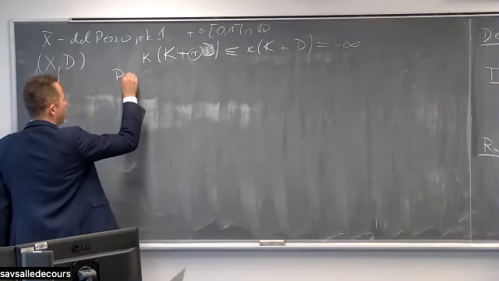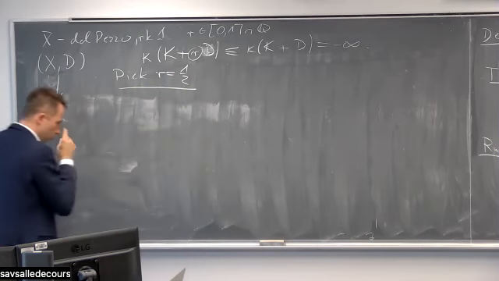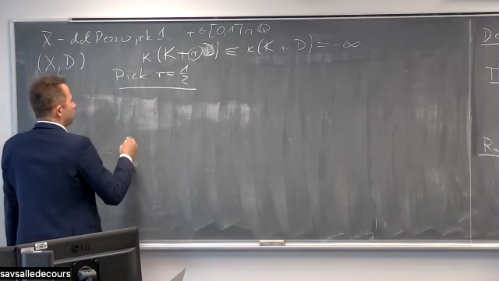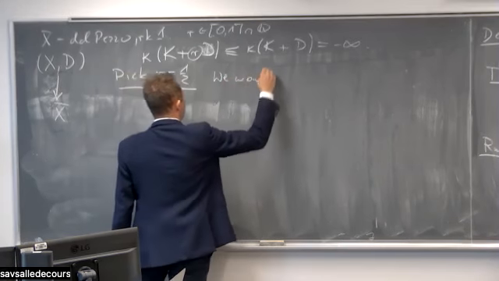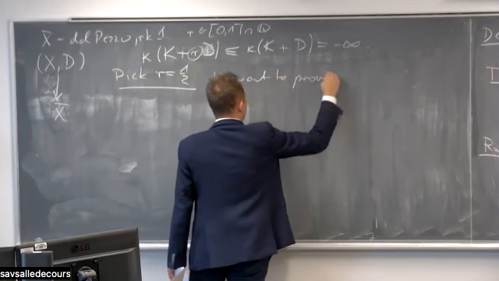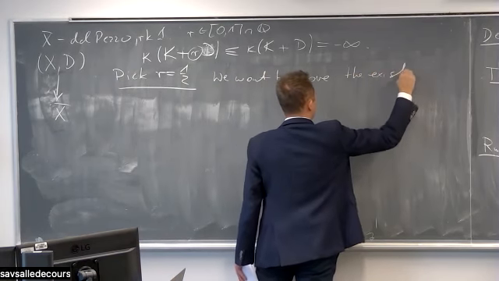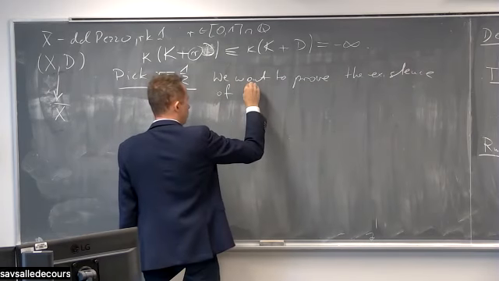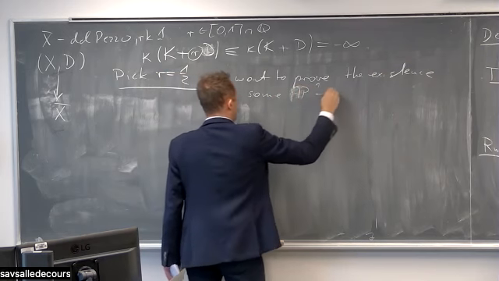So now, and here's where you use the fact that you want to prove this inequality, this bound by 4. You pick r equal half. You'll see in a minute why it's a good choice. So we want to prove the existence of some nice P1 fibration